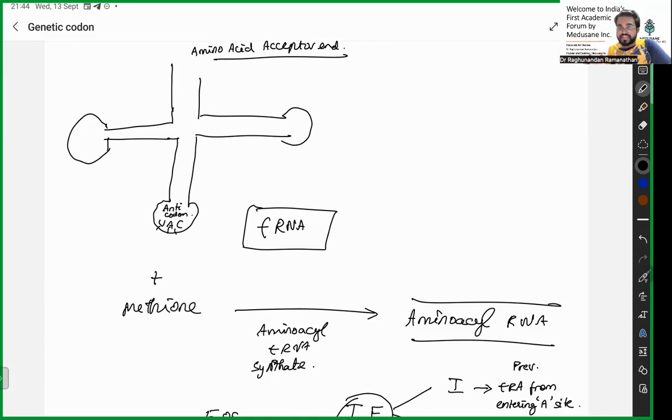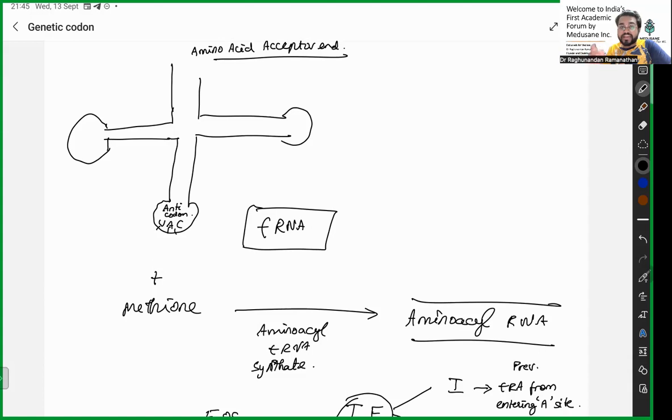That is going to occur by this translation method. So you have a tRNA, guys. This tRNA is going to be loaded with all the essential amino acids. So what is the number of amino acids you have? 20 amino acids. That is the reason there are 20 different isoenzymes of this amino acyl tRNA synthetase.